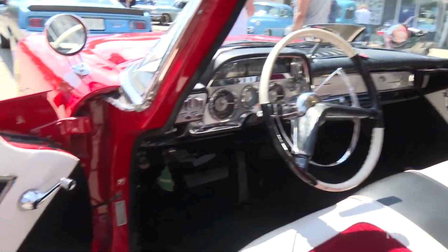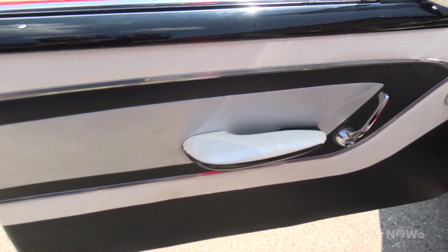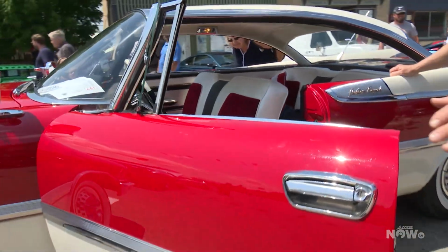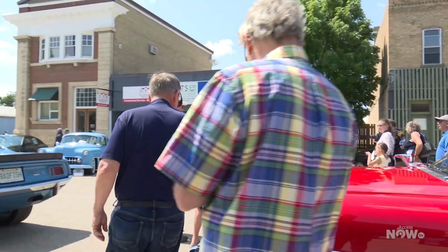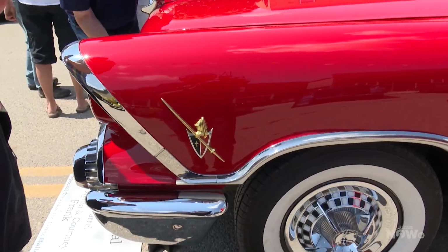There is something about these big Custom Royals. Oh yeah, they're beautiful cars. There's nothing nicer. They just pop. Let's have a look at the hood. Can we open the hood? Is that okay? No problem. I love this symbol here. Is this a Lancer? Yeah, that's